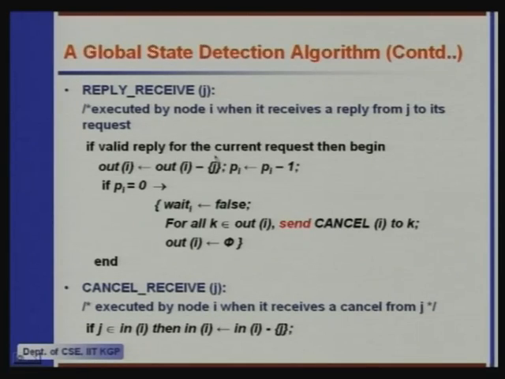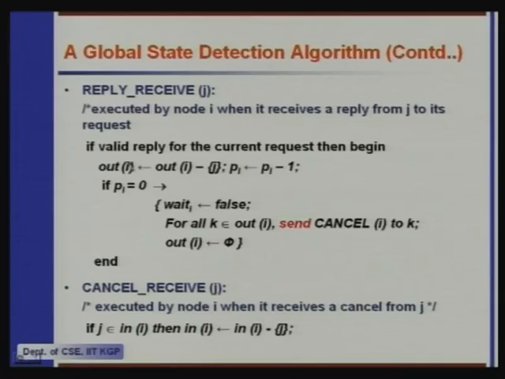Now see, these algorithms will run many times during the lifetime of a computation. So we have to distinguish between outdated requests and new requests, and outdated replies and new replies. If it is a valid reply for the current request, then we set out I to out I